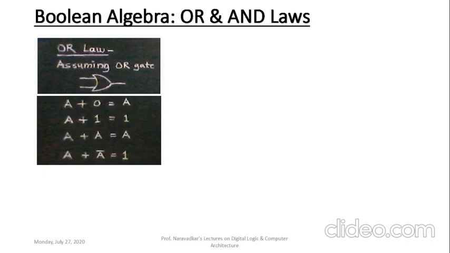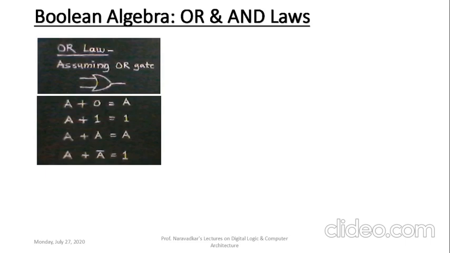A is one of the inputs for the above shown OR gate. If the second input is 0, one input is A and the second input is 0, if we apply this to this particular OR gate, then at the output we are getting the logic of variable A. If A is 0, then both the inputs will be 0, output will be 0. But if A is equal to 1, then one input is 1, the other input is 0, still the output is equal to 1. It means that A plus 0 is equal to A.